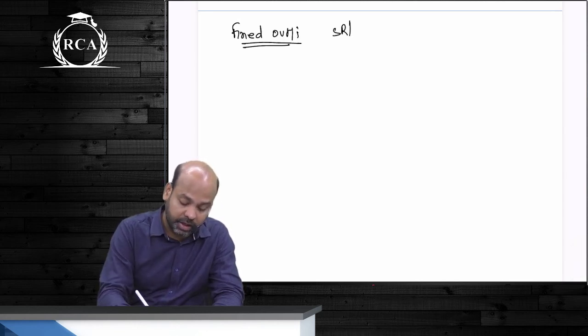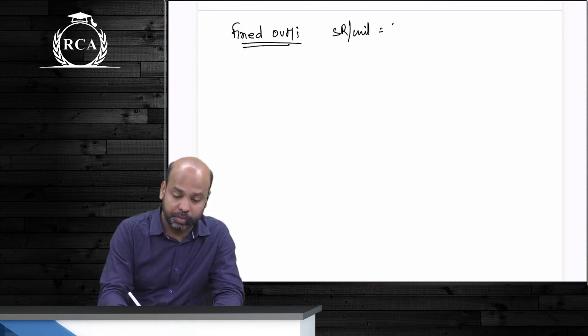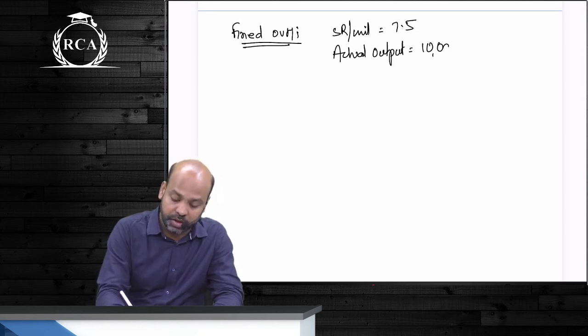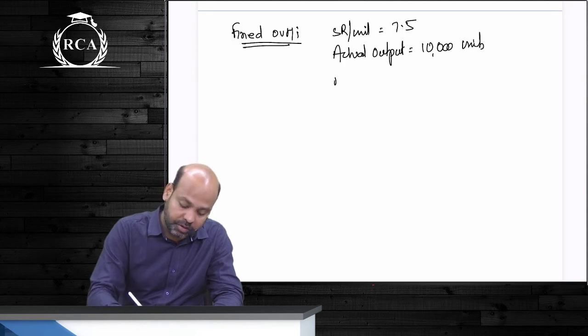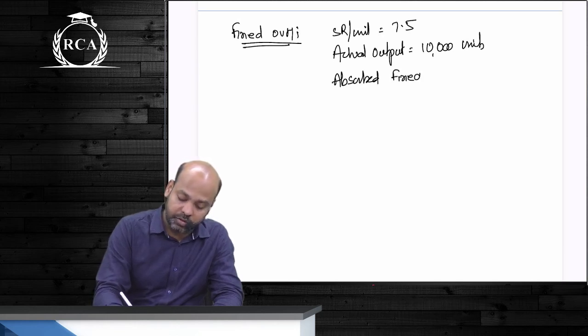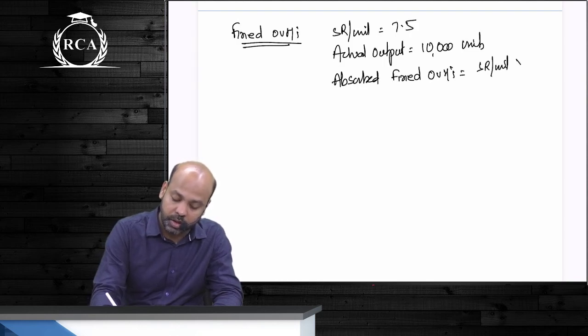Do we have standard rate per unit? Look above, point 7. Do we have actual output? How many units? Using these two, can I compute absorbed fixed overheads? Yes or no, beta? Absorbed fixed overheads is standard rate per unit multiplied by actual output. So that'll be 7.5, guys, multiplied by 10,000 units. The answer, beta, will be